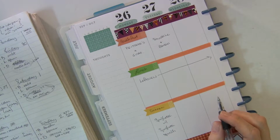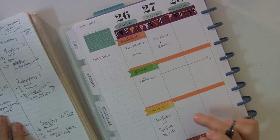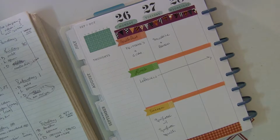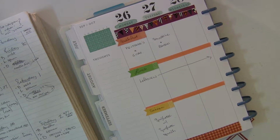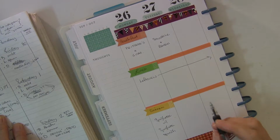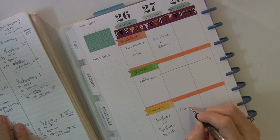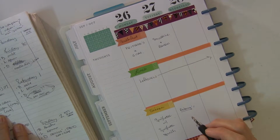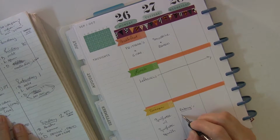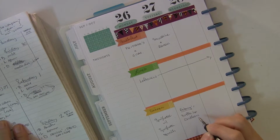Again, leftovers for lunch on Tuesday. I don't know if you've watched my other Plan With Me, but Tuesday is kind of my work day when my guys are out doing stuff. My husband goes to the gym. My daughter's usually got other stuff going on. So I like to try and do a crock pot meal on Tuesdays and Thursdays. So I was looking for something that looked good. So I'm going to try one of Paleo OMG's recipes, and I'll try and film that if I can. But she's got a buffalo chicken recipe, and my husband is allergic to chicken, so I'll probably actually make that with some ground turkey instead of